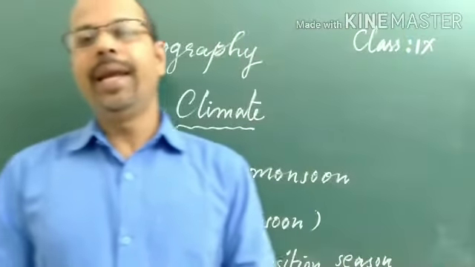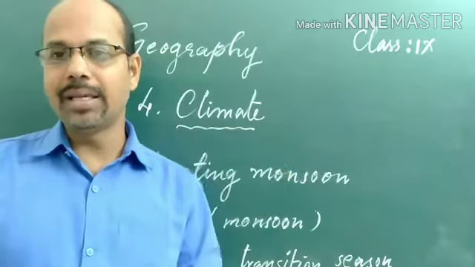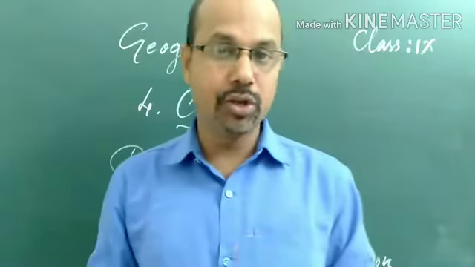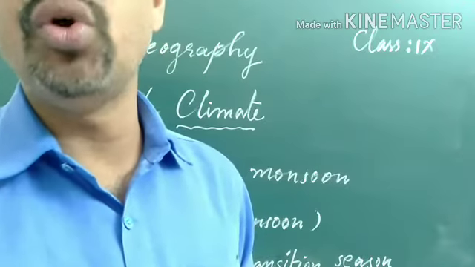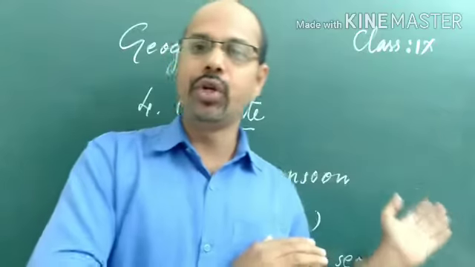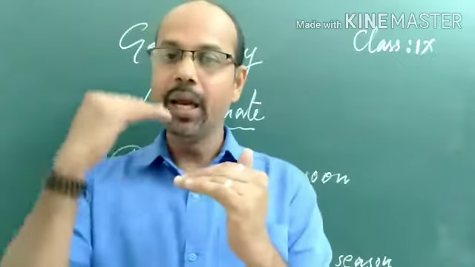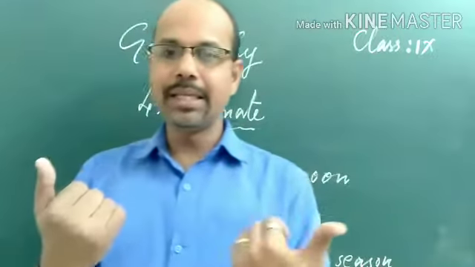Good morning, children. Let us study here today the retreating of the post-monsoon. Yesterday, in the previous class, we studied the advancing monsoon, which is also known as the southwest monsoon season, originating from the Indian Ocean and blowing towards the southwestern region of India, entering from Kerala to the parts of India. Today is the class.